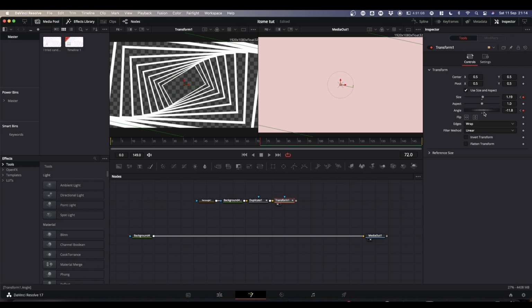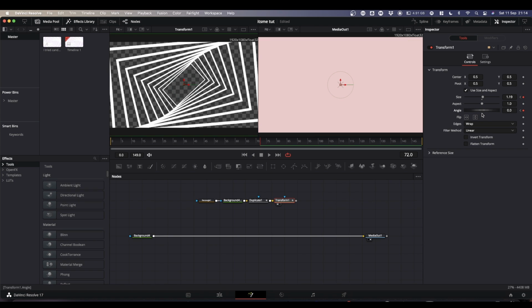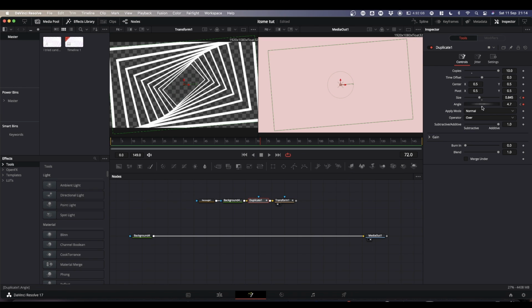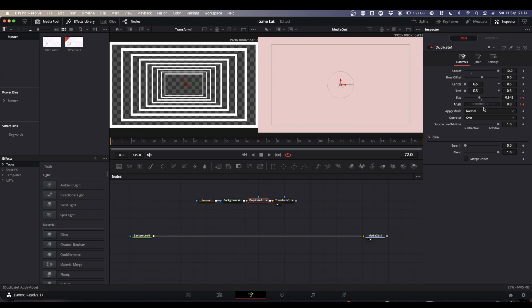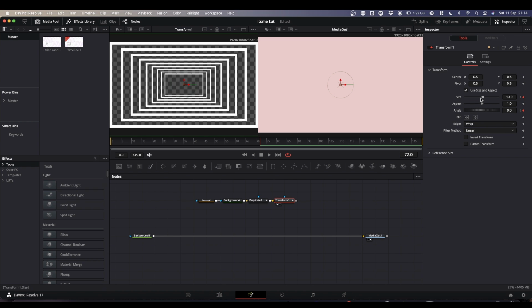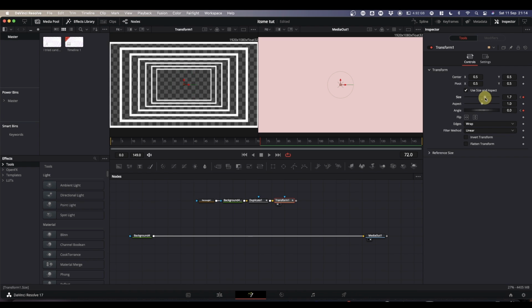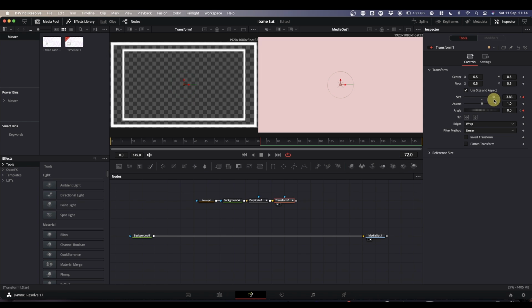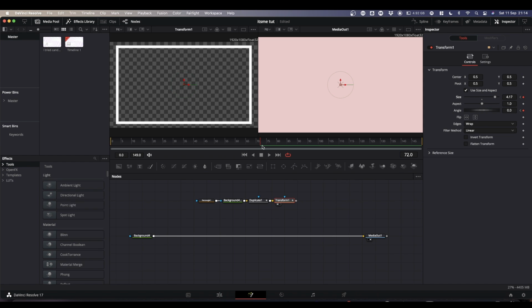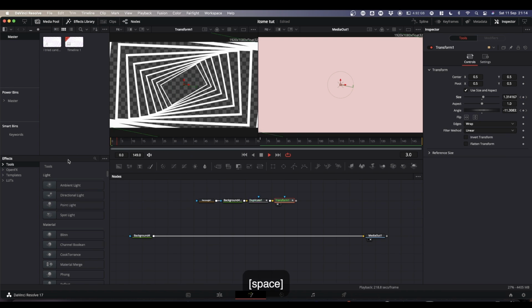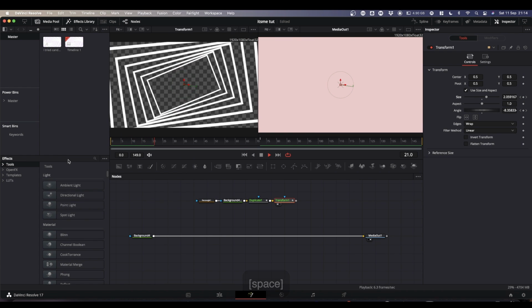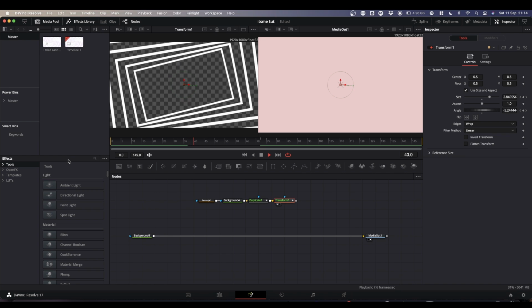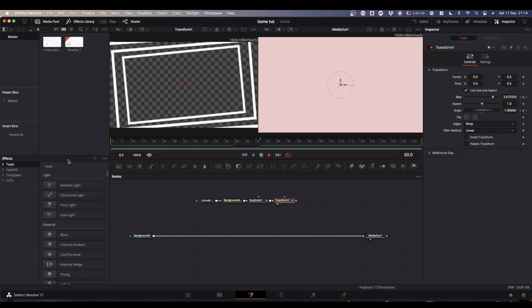Transform, you're going to reset the angle back to 0, and in the duplicate you're going to reset angle to 0, and then in the transform node we're going to increase the size till we've just got the middle square like so, and now you get that effect. So that is your rectangles,